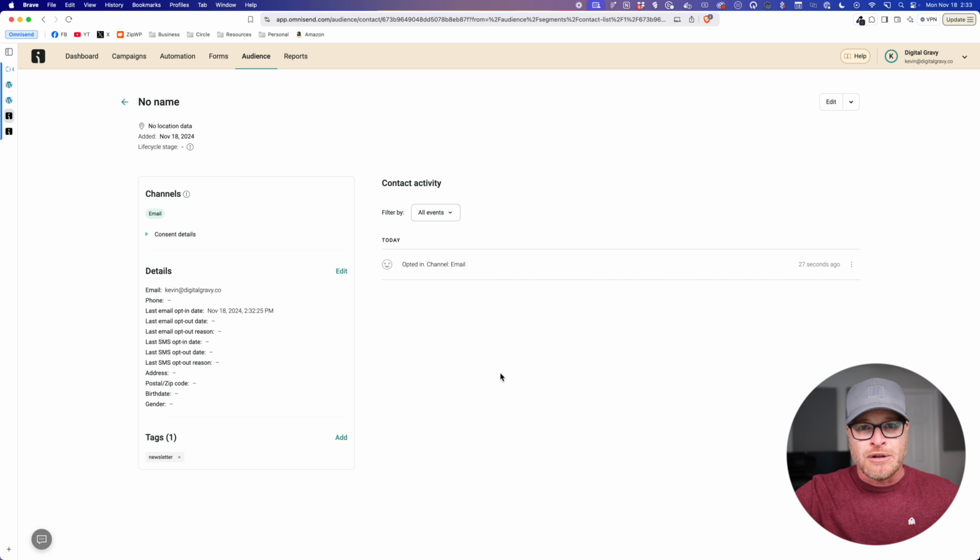Or they canceled a product, or they got a refund, or they could get a tag for all these things. And as people interact with your company over time, they're going to get more and more tags. Not only are those tags going to tell the story of all of the things that have happened with that customer in your system, but they allow you to run custom segmentation options. So I can say, I want to send an email to everybody who is a customer of this and this, but isn't a customer of this, or has never refunded, or it's really up to you. The segmentation power at that point is unlimited.